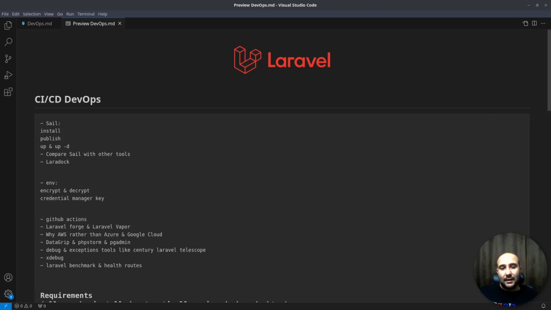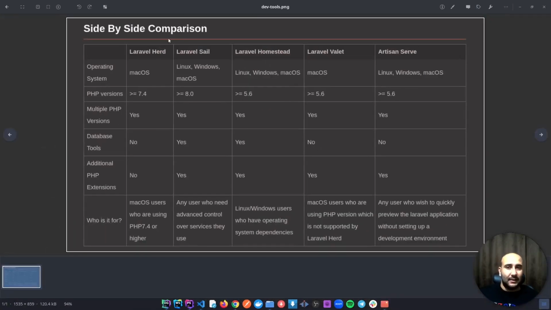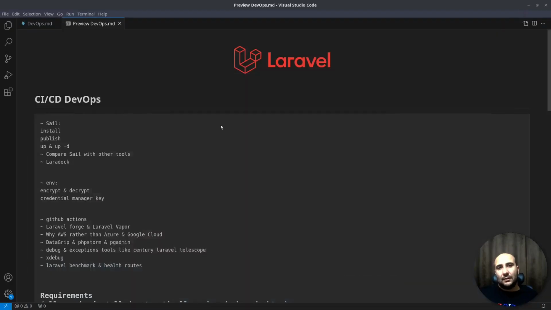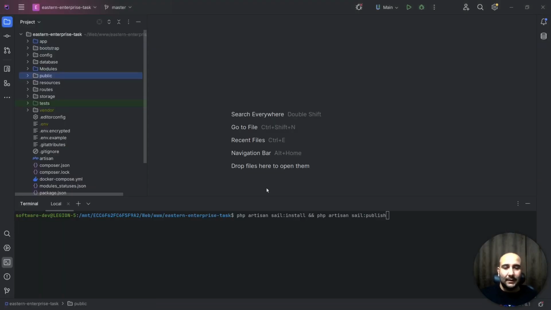You should compare the current dev tools: Laravel Sail, Herd, Homestead, Valet, and the built-in PHP Artisan server. Finally, you will find the winner will be Laravel Sail, because it is a Docker Compose one. It is platform agnostic, so it works well with Linux, Windows, and macOS. Laravel Sail is a built-in Laravel package, and it has 3-4 main commands like sail install, sail publish, and up and